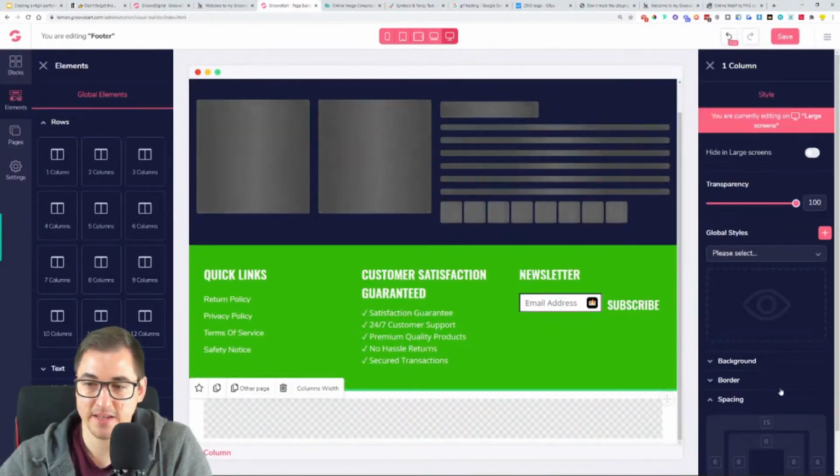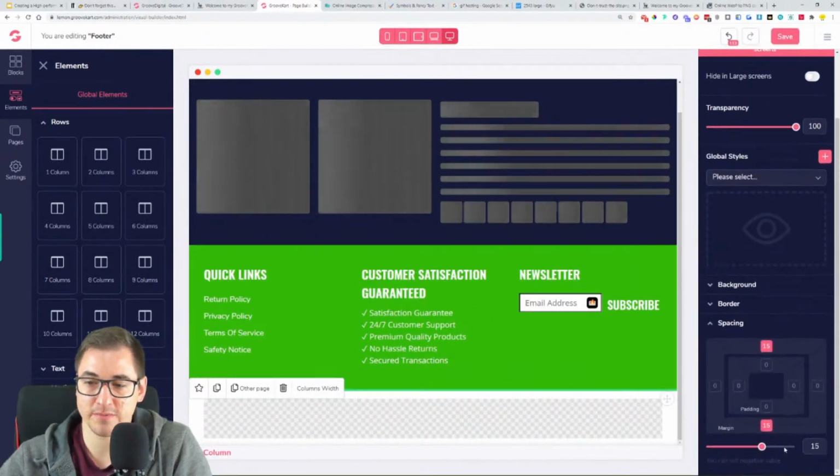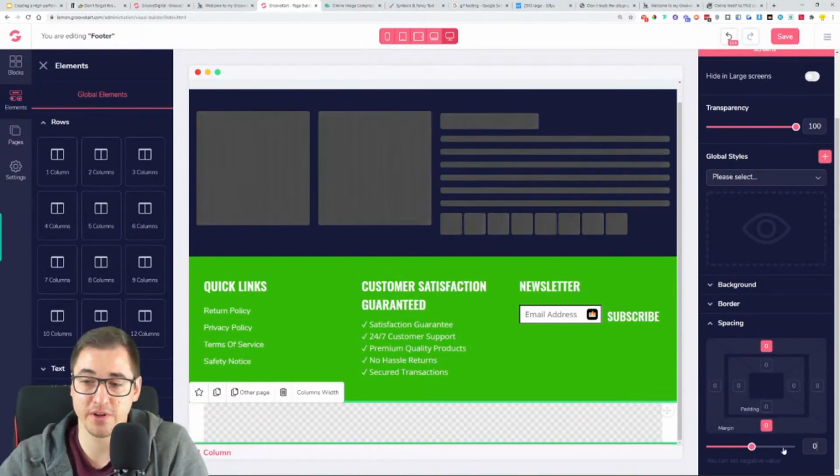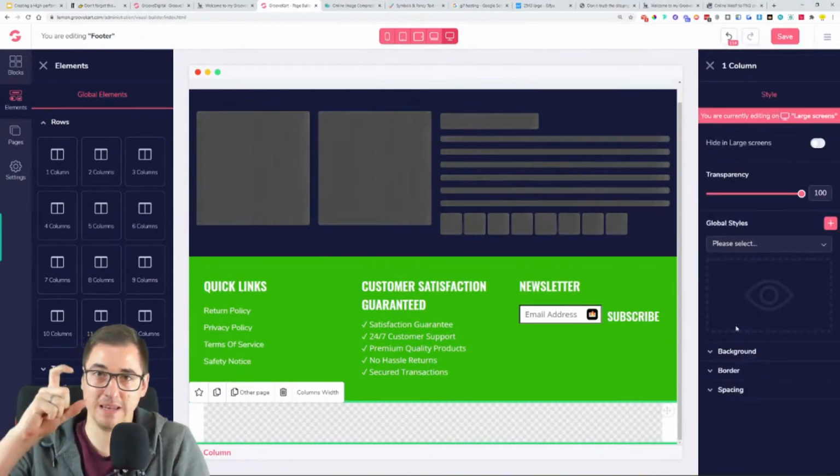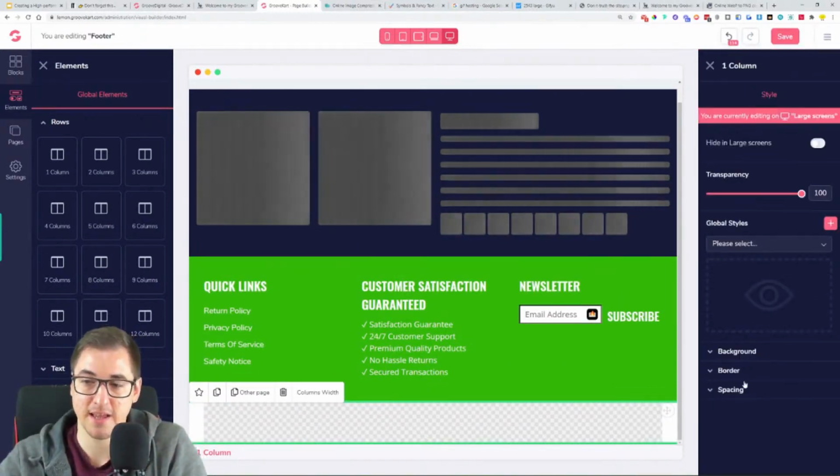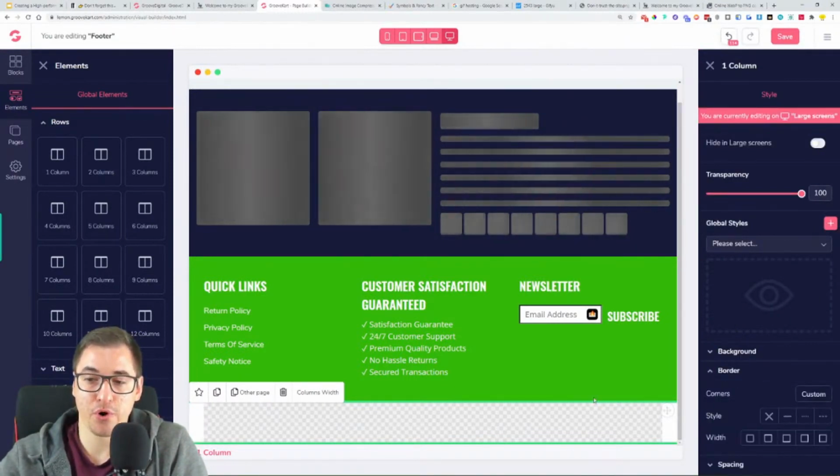The first thing is we'll go and remove this extra spacing on the margins. We'll just put it back to 0. It's really important that we do that, otherwise it will be leaving us a little bit of empty space. The next thing is to add a border on the top of this section. So the one column, we want a border on the top,